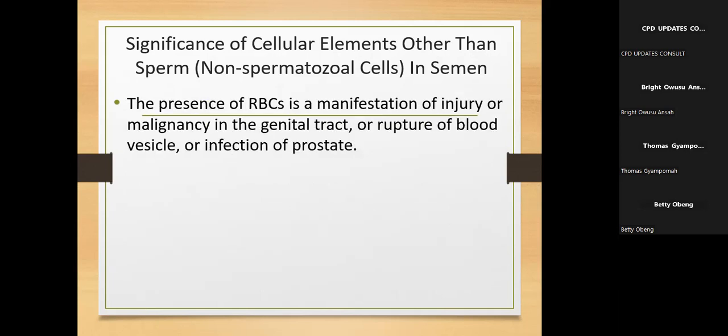So the presence of RBCs, these are also cells other than spermatozoa. It's a manifestation of injury or malignancy of the genital tract, or rupture of the blood vessels, or infection. In this case, you should rule out coitus interruptus,